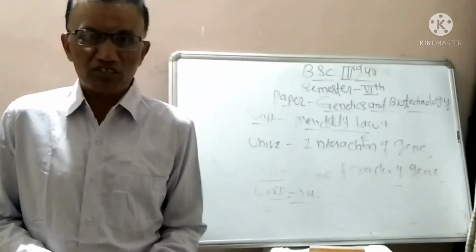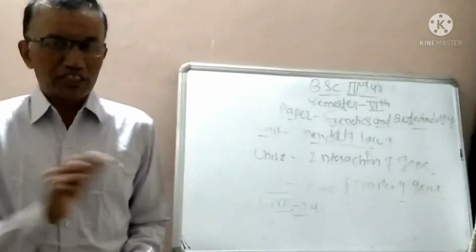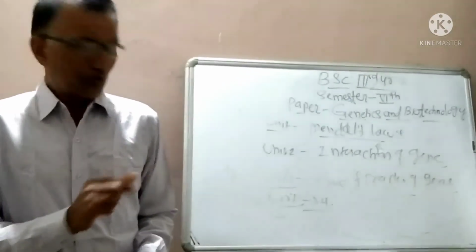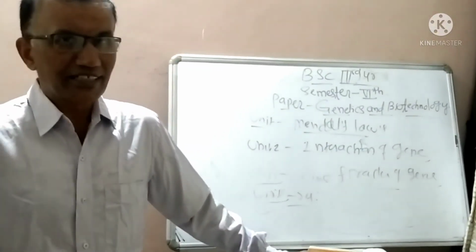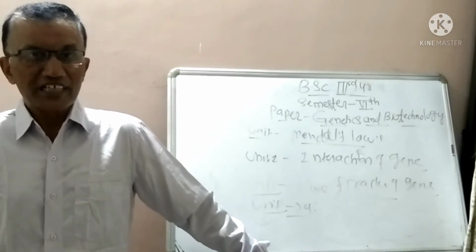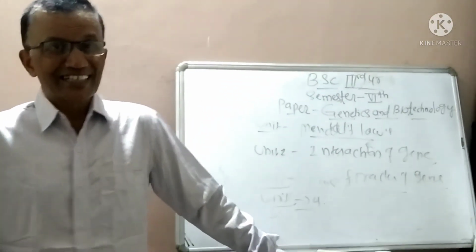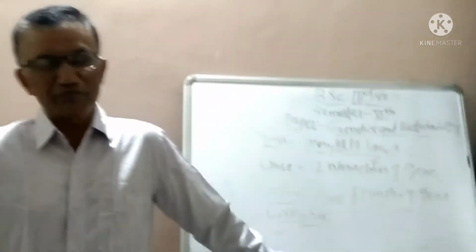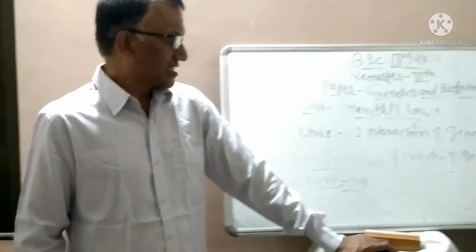What is meant by test cross, back cross, genotype, phenotype, alleles, homologous, heterozygous condition, and homozygous condition? All these things you have to remember very perfectly. Then only is it possible to give the exact answers to the MCQ questions. So these things you have to discuss in detail in this chapter.